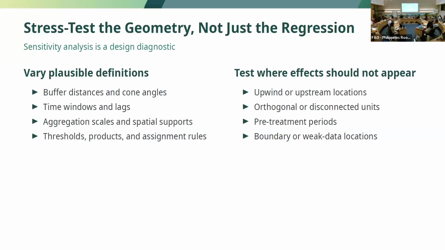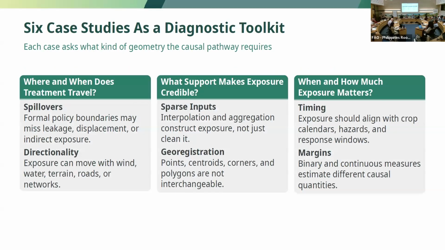Well, what happens if I misclassified these individuals who were exposed to flood? What if I change 5% of them or move the line a little bit? How does that change my estimates? So that's looking at a different possible universe and asking, are my results sensitive to those choices? So all of this can be kind of heady or very conceptual, but the whole point is mapping it to a reality.